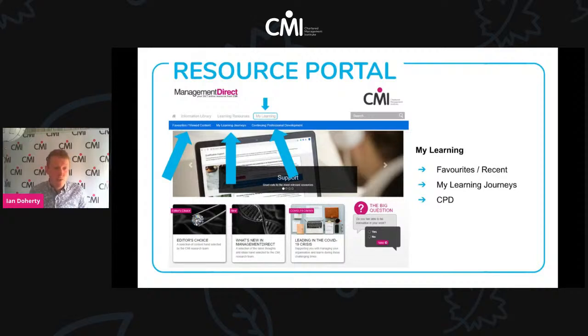And the final area is what are the key issues that have been highlighted by this resource. So thinking again back to your business, what are the challenges that you face that this piece of learning could help solve, for example. And again, you get that sense of achievement when you've done a piece of learning, you've been able to take it back and improve a system process within your own organisation. It works really, really well.